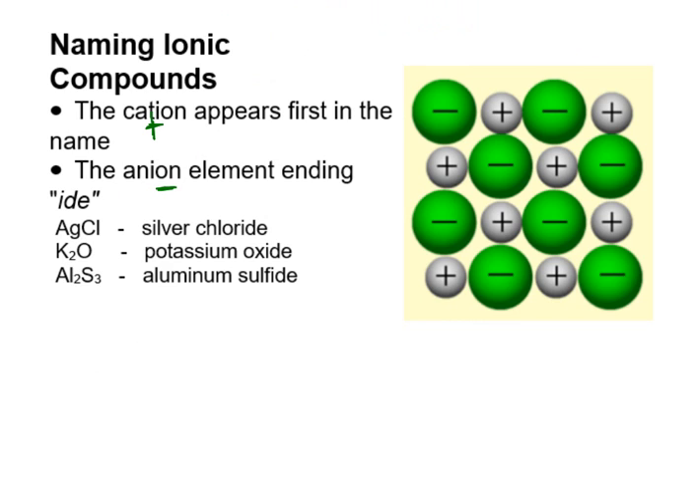For example, AgCl. What is Ag? Well, it's silver. What is Cl? It's chlorine. But here's how we change it, though. The second word, we don't call it silver and chlorine. We always change the ending to -ide. It sounds better. So it'll be silver chloride, potassium oxide, and aluminum sulfide. Okay. So you always change the second word, the one that's the